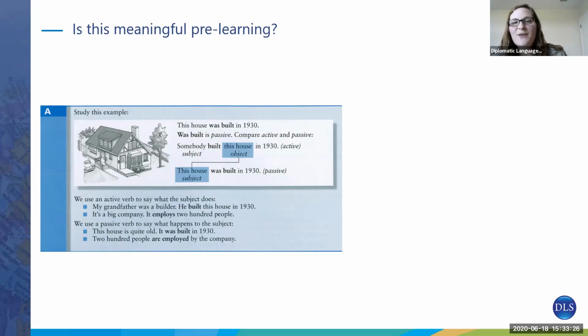You can use the chat if you want to. So what do I supposed to do? I'm sorry. So just say if you think that it is meaningful or not. Is this a meaningful pre-learning